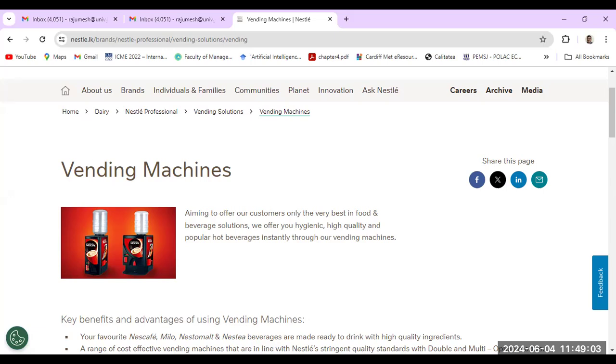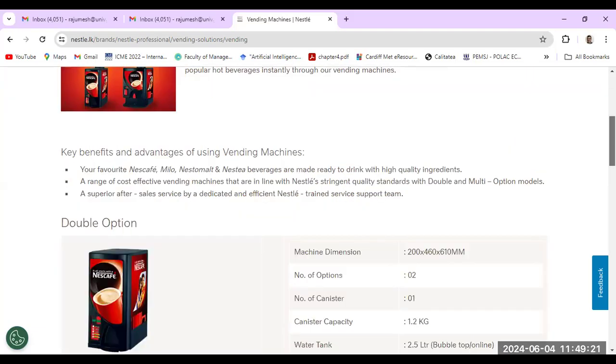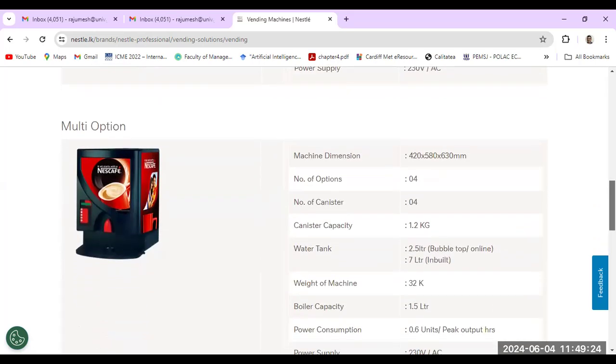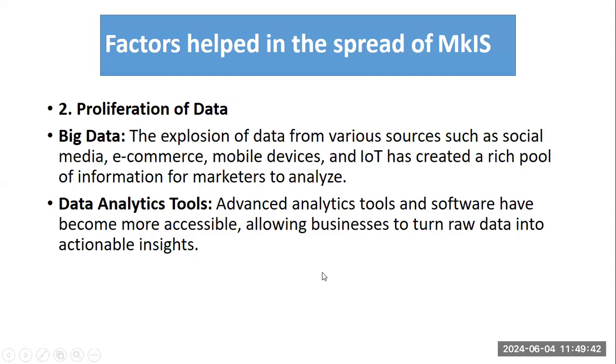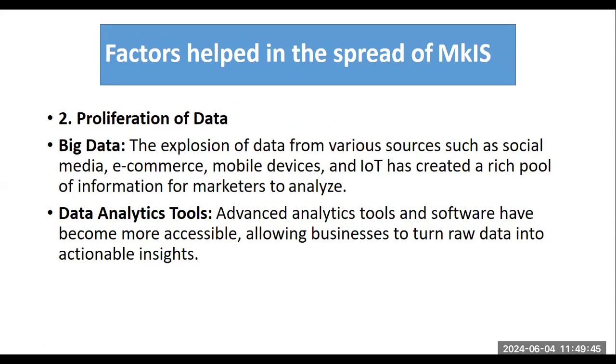So these are some examples we have discussed. So the Internet of Things is helping them, right? This is an IoT-enabled coffee machine. It is IoT enabled because it is connected with the internet, the things, right? So then big data, as we discussed, they are using all this to get the big data and do the